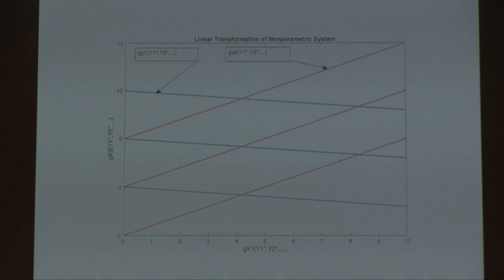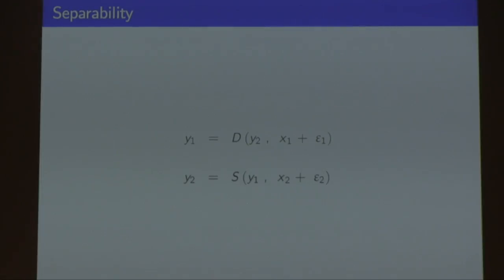Now, if we have two instruments, one for the demand and one for the supply, we're going to have lines for the demand that move in parallel and lines for the supply that move in parallel, and we can do basically the same. We want the slopes of both of them. We have these observations. So that's basically geometrically what's going on.